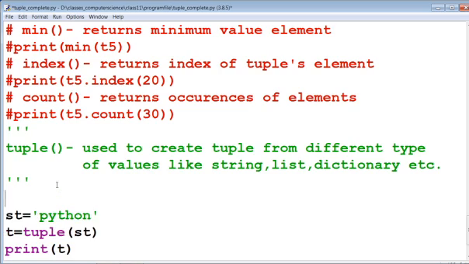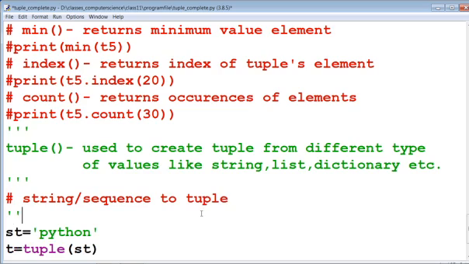So this is string or sequence to tuple. We have designed the tuple from a sequence.